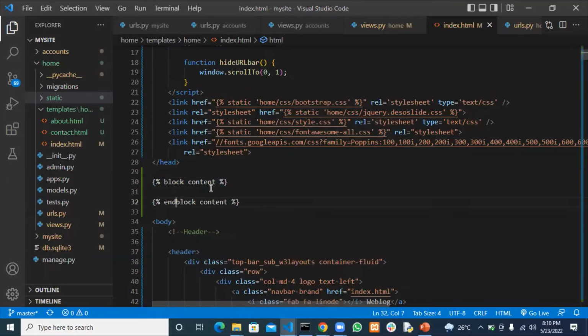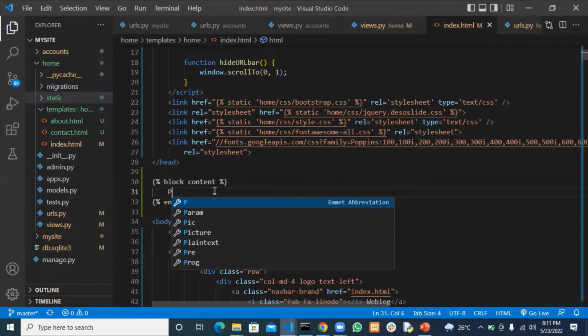So what this does is, if we extend this template to another template, meaning if I extend the index.html to the about.html, it means let the about.html use everything on this page except what is inside this block here. So if I have something like a paragraph tag here